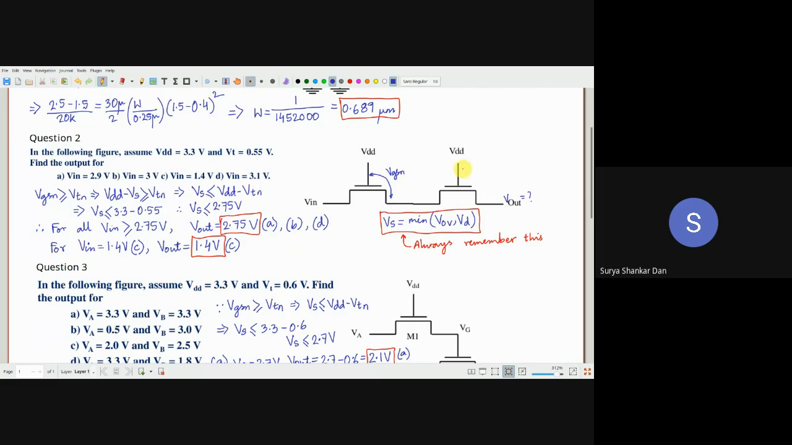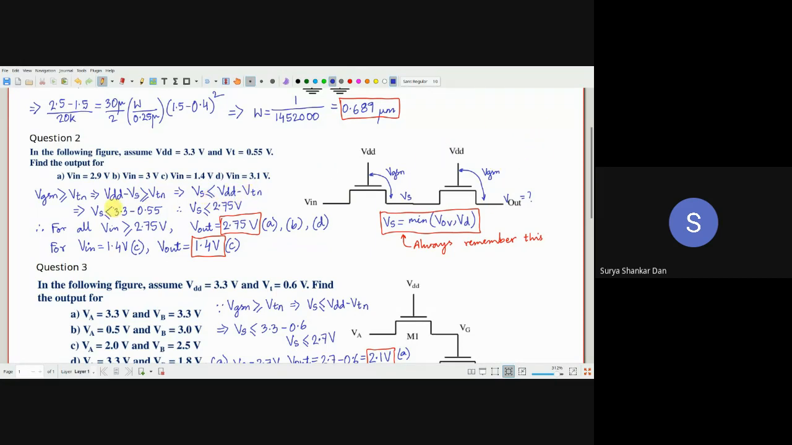This is also VGSN. Correct, everybody? So VGSN has to be greater than VTN, the threshold of this N MOSFET. So what is VG? VG is VDD in both the cases. So VDD minus VS, here is the VS. This is also VS, which is V out. So VS is less than or equal to VDD minus VTN, the one which I had showed just a little